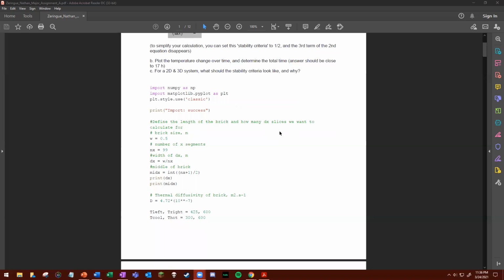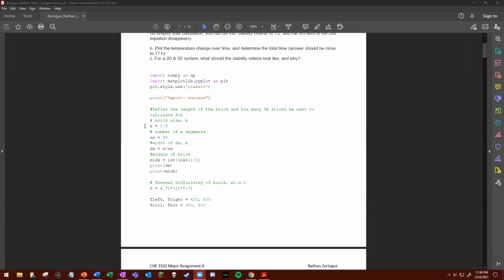And so the thought behind this code is that we have two arrays. The first array is going to be the initial, and then the second array is going to be the explicit method where we calculate the new temperature based on the previous temperature. And then that first array is just going to be a copy of the second array. And we're going to loop that however many times until the middle temperature gets to 425. And so we initialize,